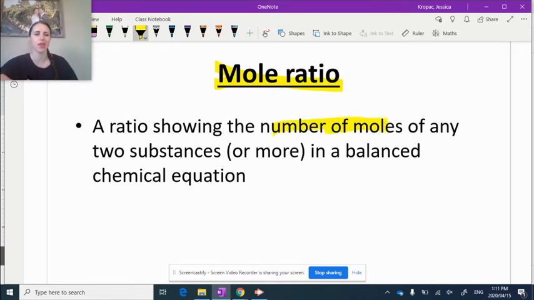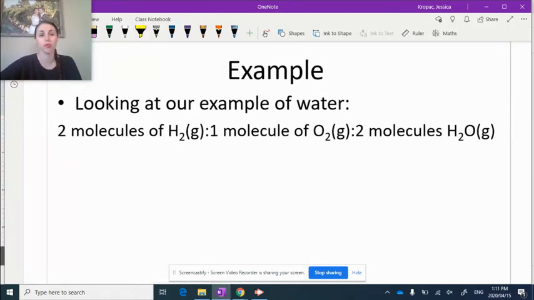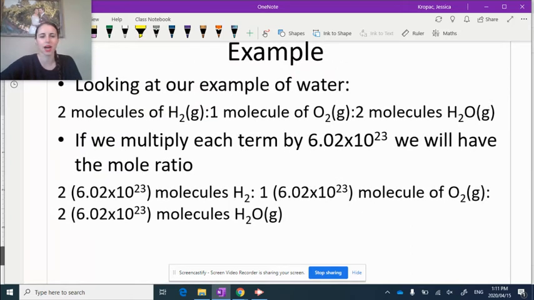So we're going to look at a theoretical example, and then I'm going to go through a real example with you. Let's go back to our water example. Before, we were talking about the molecules of water. So we had 2 molecules of H2, 1 molecule of O2, and 2 molecules of H2O. Now in a molar ratio, I want to talk about number of moles. So how am I going to convert this to number of moles? I would multiply everything by Avogadro's number. So I would multiply 2 by Avogadro's number, I would multiply 1 by Avogadro's number, and I would multiply 2